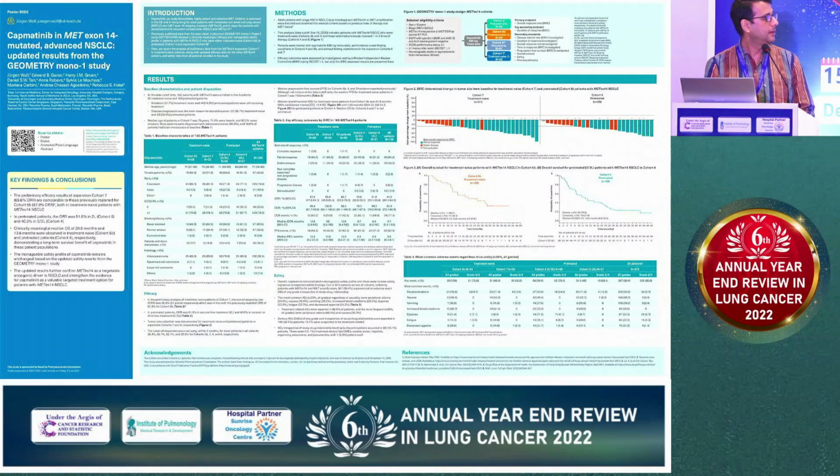Initially MET was thought to be an important resistance mechanism for patients who were getting anti-EGFR therapy. And initially the thought was, okay, once they progress on osimertinib or drugs like that, things like savolitinib and a lot of other MET inhibitors were tried. And initially, in order to understand which subgroup of patients they are most effective in, is MET amplification